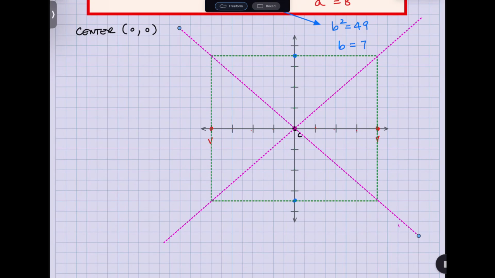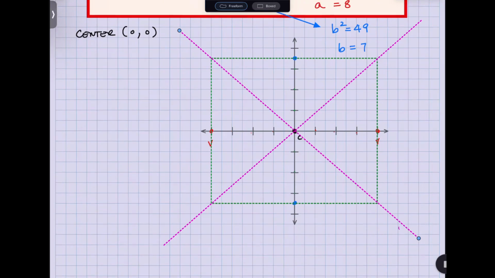What's my rise? What's my run? Isn't that true? Because if I look at this right here is 8. This right here is 7, isn't it? This line right here has a positive slope, doesn't it? The center is at 0, 0, isn't it? So that means the equation of this line has got to be